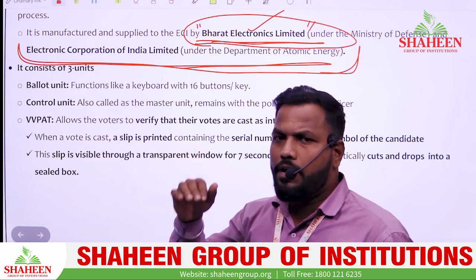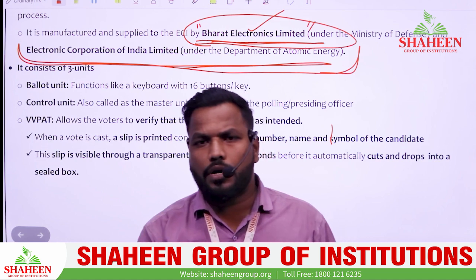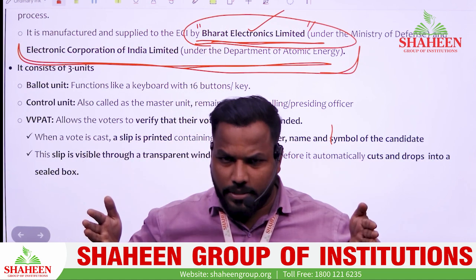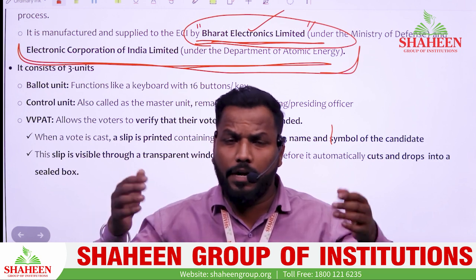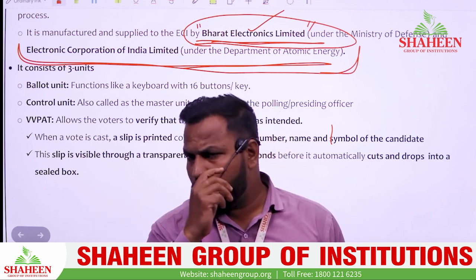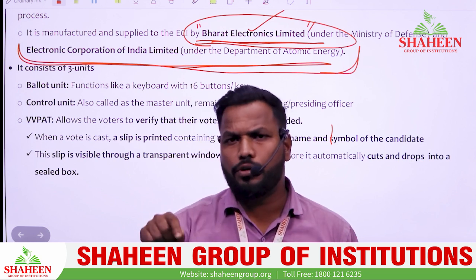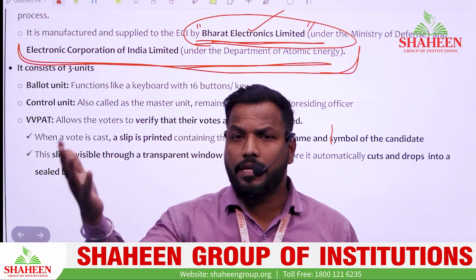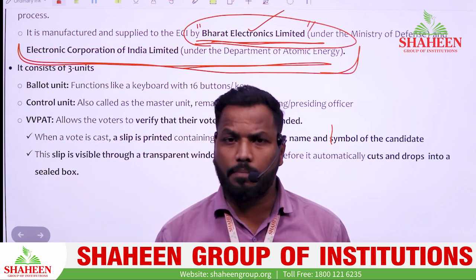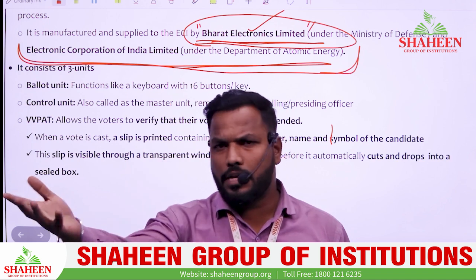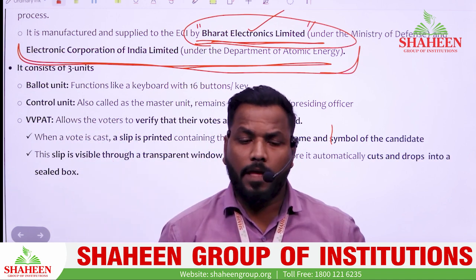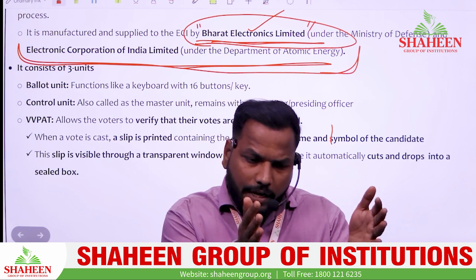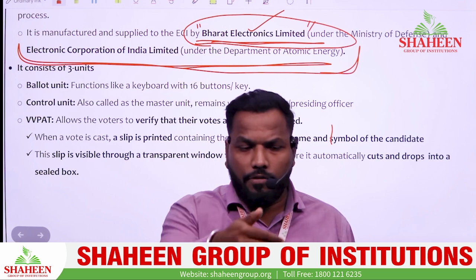Okay, so whenever you are going to cast the vote in the polling booth, you can see a box like this has been made where whomever you are casting your vote to cannot be seen. Nobody can see it. It cannot be visible to the other parties or other citizens. Just before that machine, we can see another machine where we can witness the